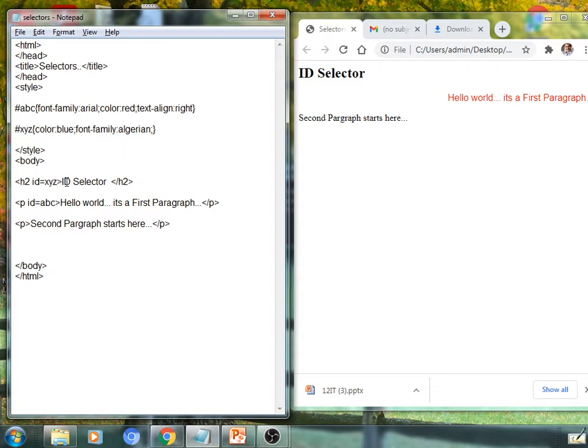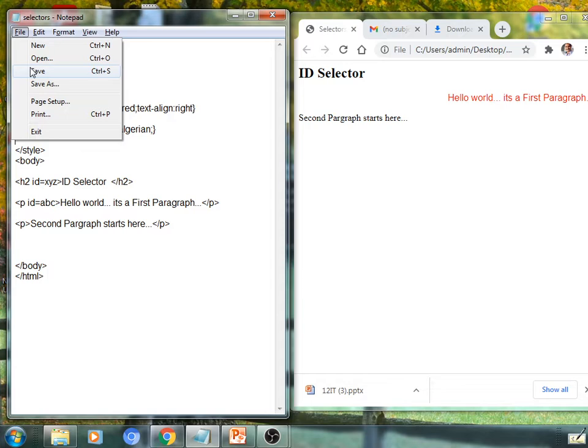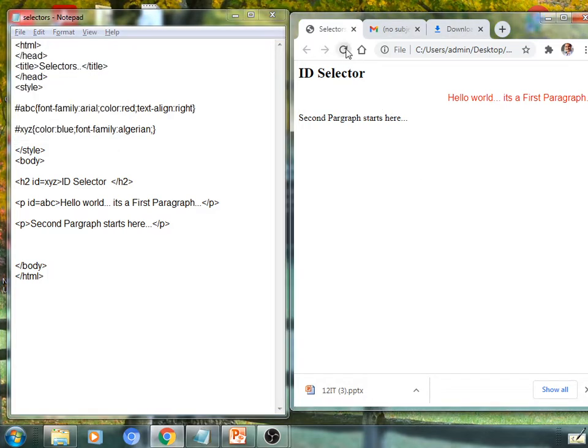So this text, that is nothing but the ID selector, will be displayed in a blue color, and its font will be Algerian. Save this here, refresh within your browser's window. See here, the text is displayed in a blue color as well as in an Algerian font.